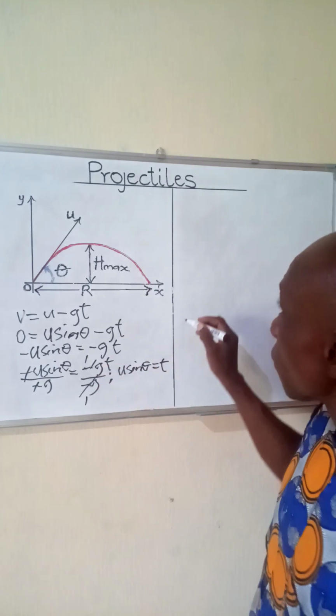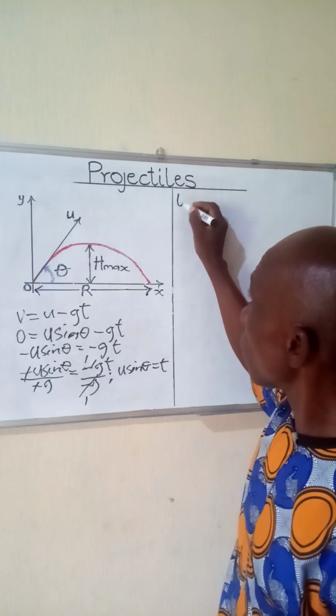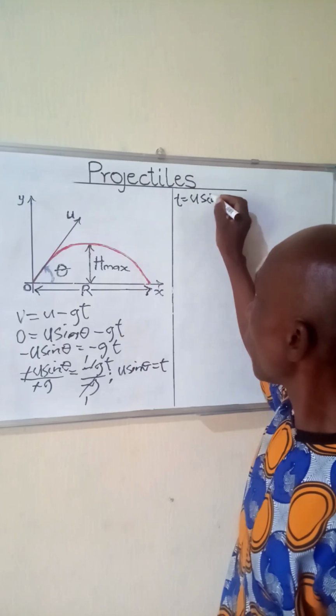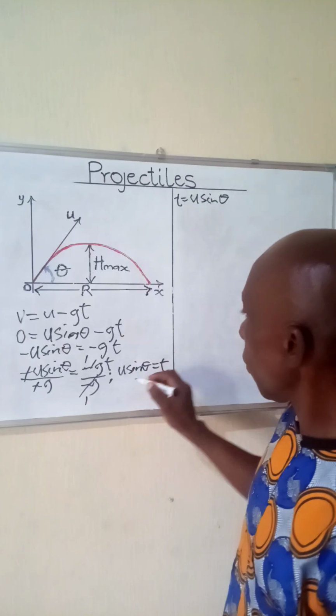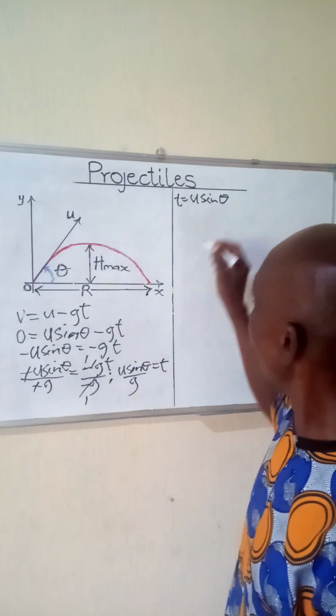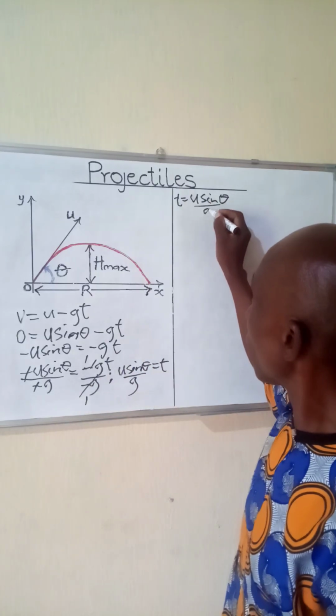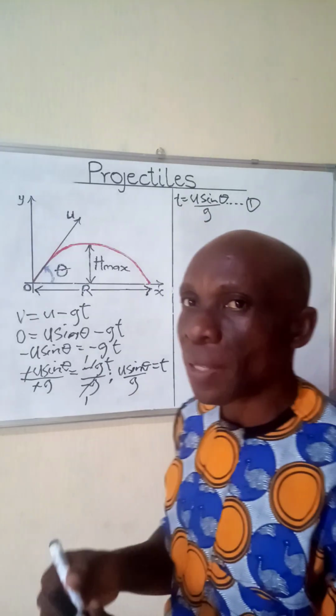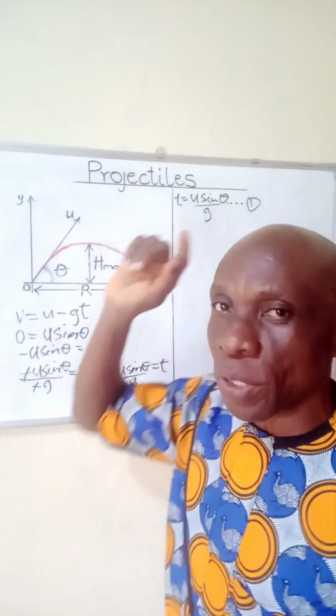So t equals u sine theta over g. This is equation 1. This small letter t is the time taken for the projectile to get to maximum height,